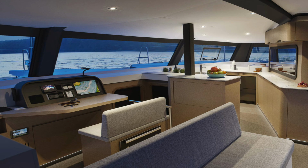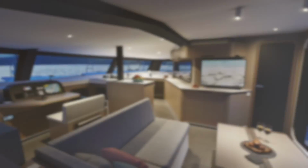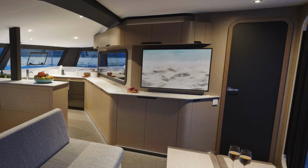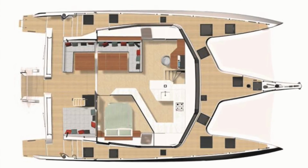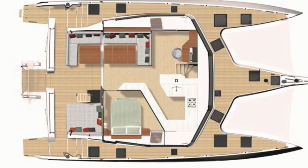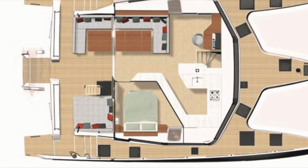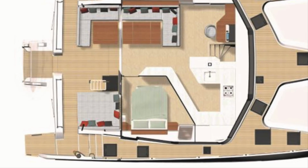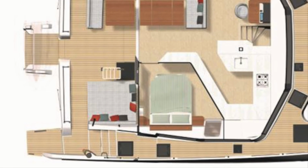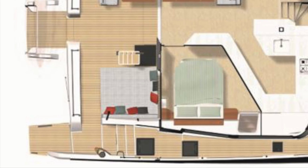Let's have a look moving into the master bedroom area here. I don't have any images of that available, so we're just going to imagine we walk through that door now, and we're in the master suite, which you can see looks to have some very comfortable space around the bed. The bed has now been turned around in a more traditional fashion, which I personally prefer. They've got some nice nightstands around it, and you can see just forward of the bed on the starboard side the stairs into your